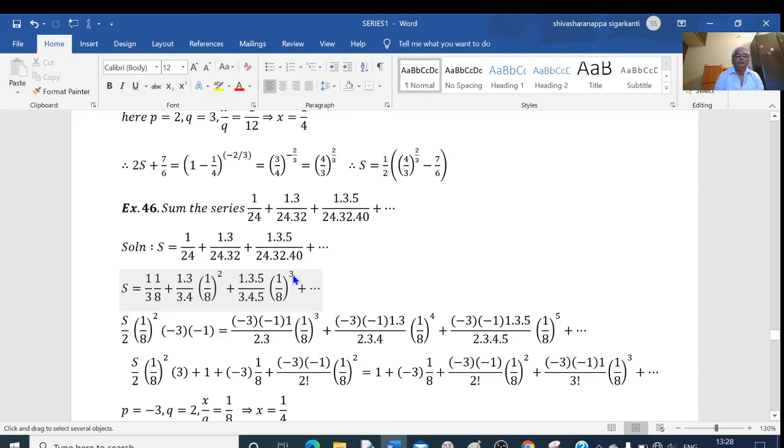See here, this is 3. Here we have 3 terms, but this is not 3 factorial. If I insert 2 here, this becomes 5 factorial. And similarly, if I insert 2 here, this becomes 4 factorial. If I insert 2 here, this becomes 3 factorial. So what I do here is, I will insert 2 in the denominator. That means divide this equation throughout by 2. Okay, dividing this equation throughout by 2.